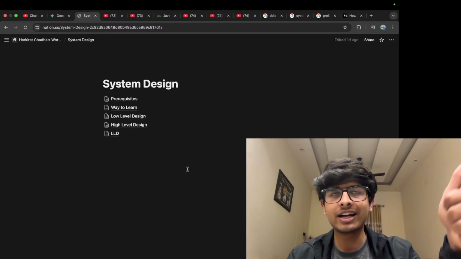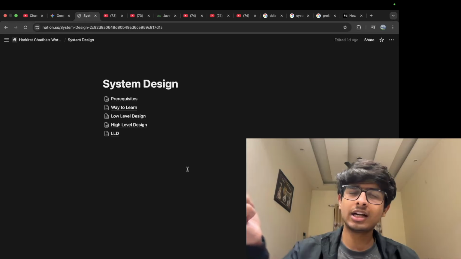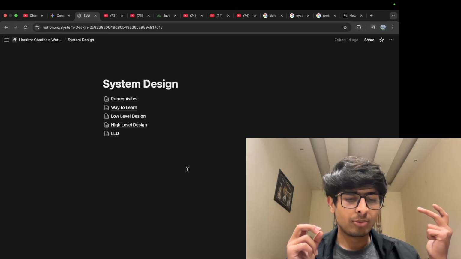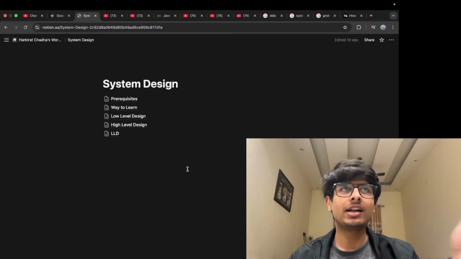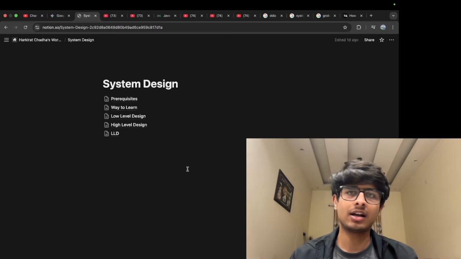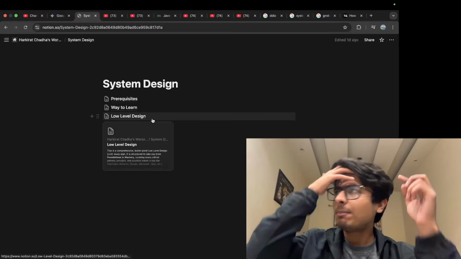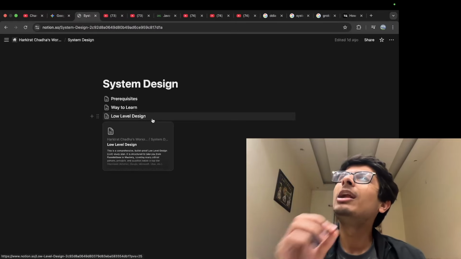You need to know about inheritance, what that means. You need to know about polymorphism. There are two types of polymorphism: runtime and compile time. You need to know about encapsulation, getters and setters, and you need to know about abstraction, interfaces, what abstract classes are, and so on. Other than that, I'd personally suggest that you need to know a little bit about multi-threading,